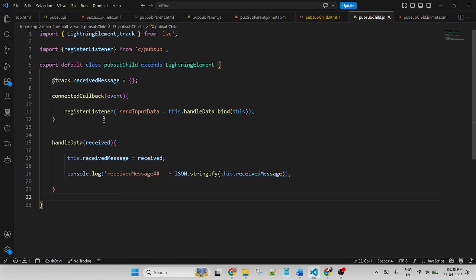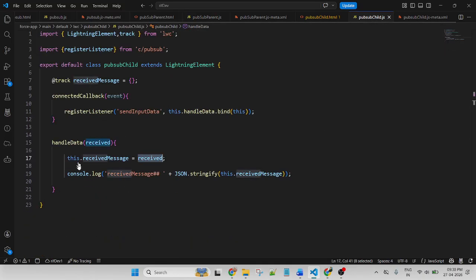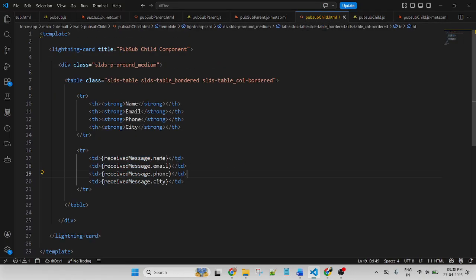This is your object. The object stores four types of keys: name, email, phone, and city. So all of the keys one by one I am calling in the component. Object name dot key name. Similarly, object name dot key name, and save and deploy the code.